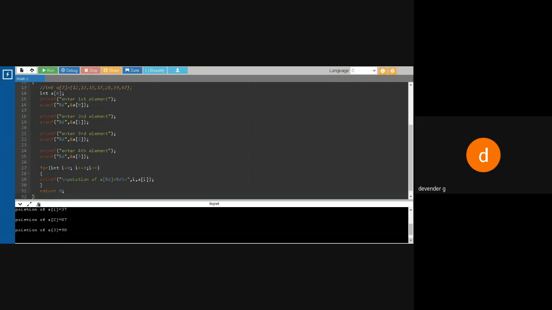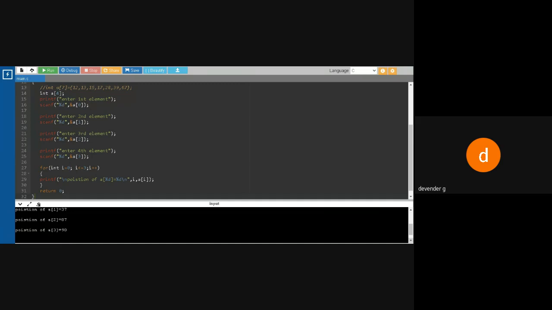Now it's an assignment for you. Whatever I enter from the keyboard, it should be displayed in reverse order. Where do I have to make changes, and how? Just guess, put a little pressure on your mind, because we have already seen many programs regarding reversing of numbers. So what is my question? Accept four values from the keyboard, but print the values in reverse order. If I enter 1 2 3 4, it should come 4 3 2 1.